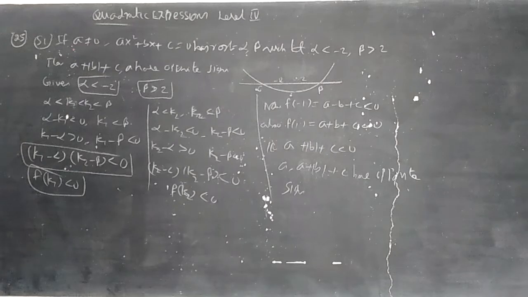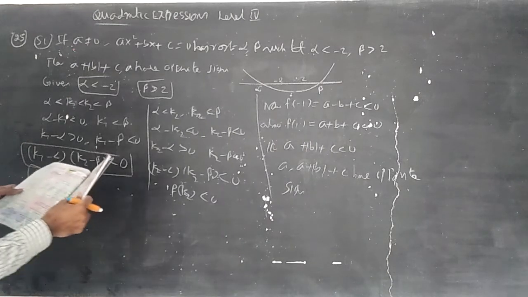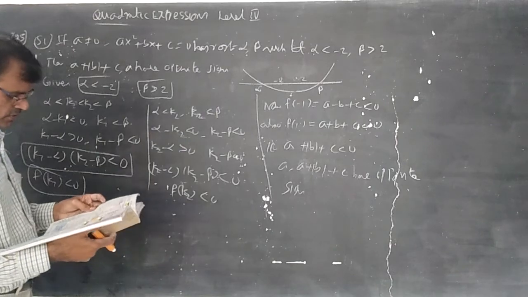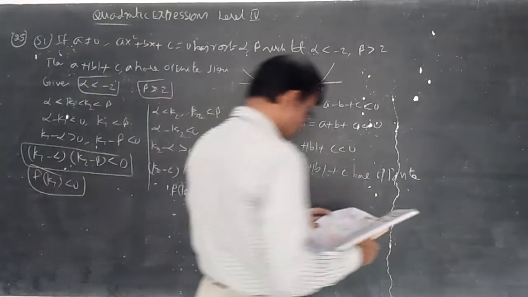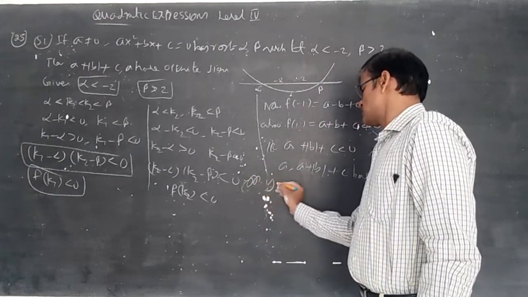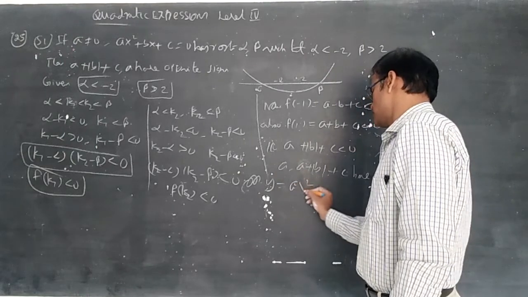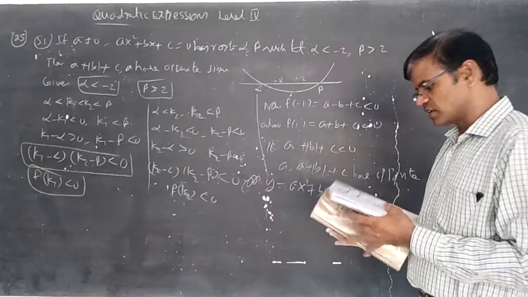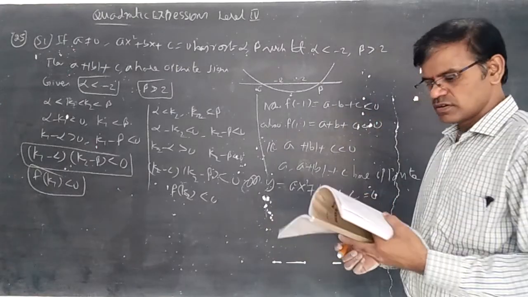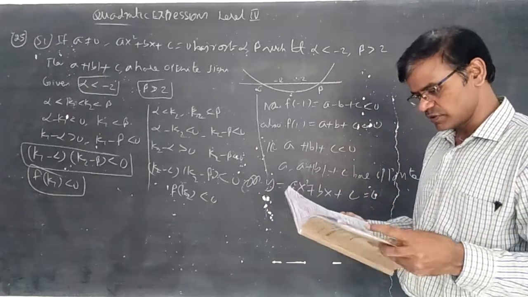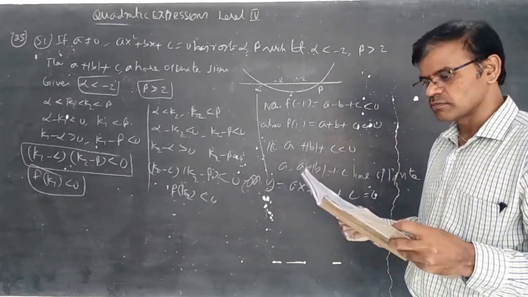Because the roots should lie between alpha less than x less than beta. Roots, if we take minus 1 and 1, are given as 1 by a into a plus mod a plus c. So he is discussing in another model, or I am writing, he is discussing y is equal to ax square plus bx plus c. According to our hint, the graph is a parabola. 25th question.